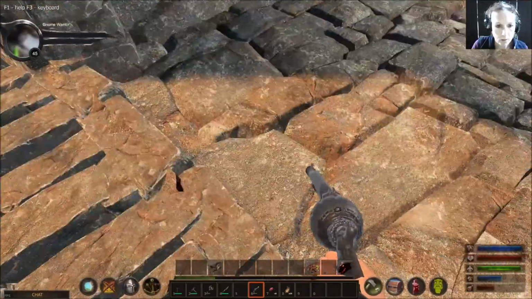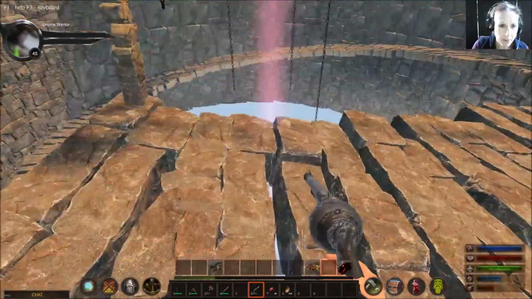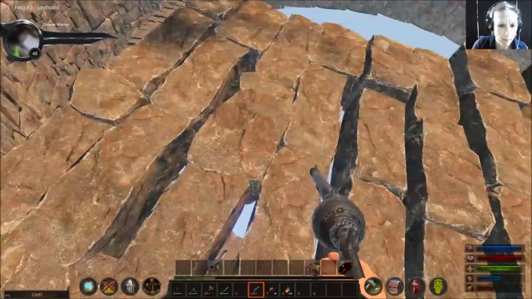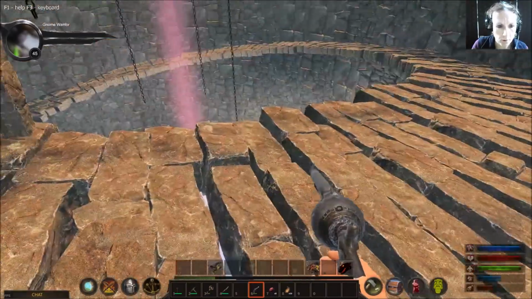I'm not sure where we're going to... Oh, I'm stuck to the ground now. Oh, this is terrific. Okay, I'm completely stuck. I have no idea how we're supposed to get out of here now. Seems like I'm going nowhere. We are stuck. So I don't know if I'm not supposed to go any further or what it is, but